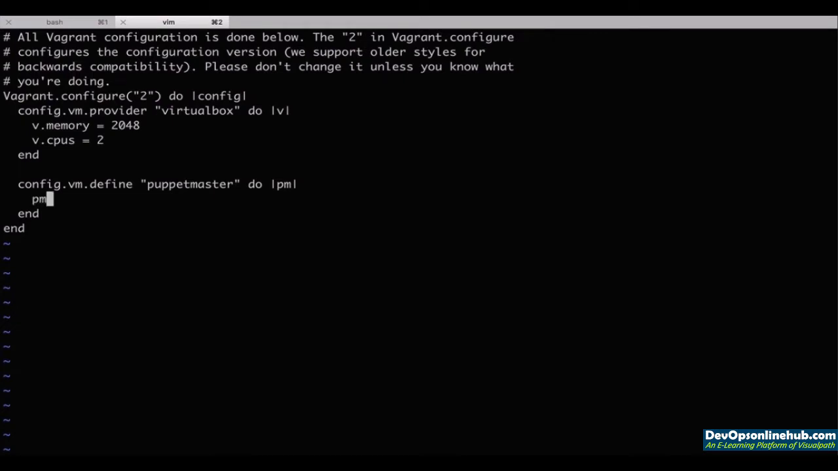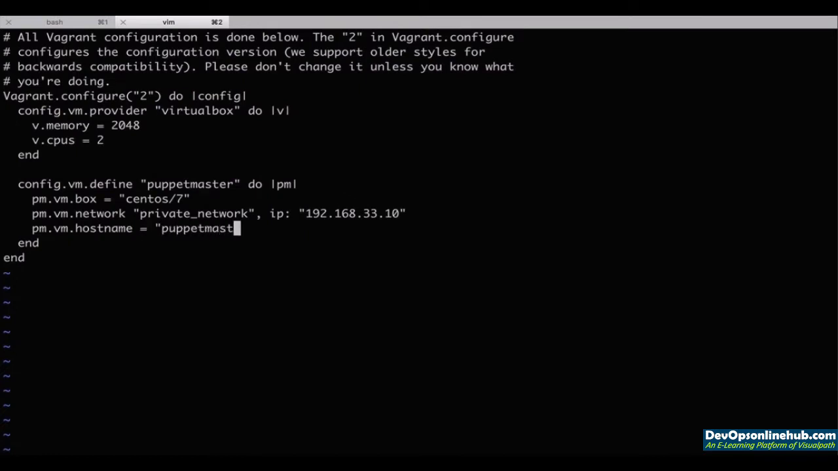The first config will be the box name from which this virtual machine will be created. This is called pm.vm.box, and the box name will be centos/7 because this will be a CentOS VM with the CentOS 7 version. The next option that we'll have here is pm.vm.network. This will basically define that we will have a private network with an IP address of 192.168.33.10, and the last option that we'll configure here is the host name, which will be puppetmaster, and there we have our first virtual machine configured